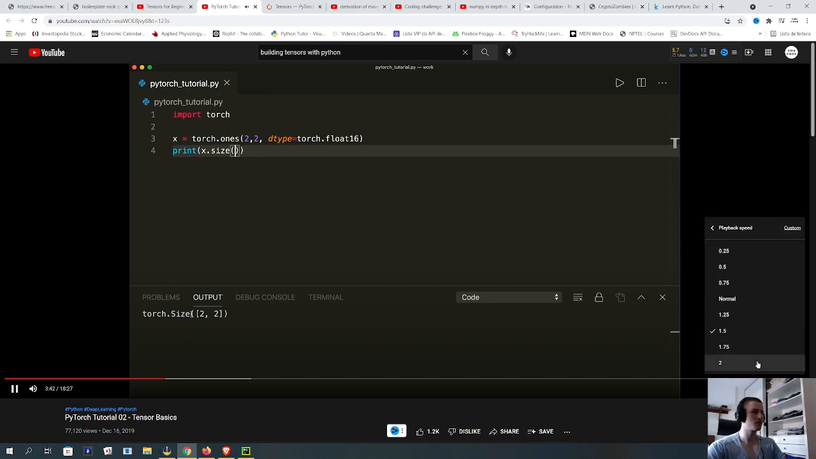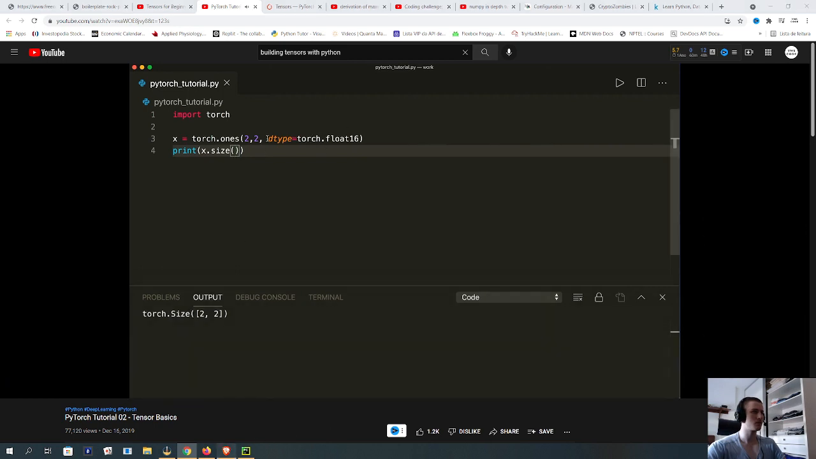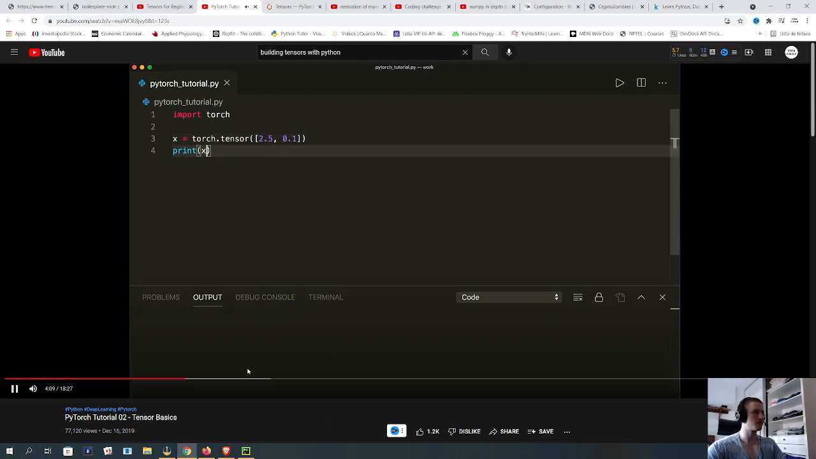And we can also construct a tensor from data, so for example from a Python list. So for example here we can say x equals torch.tensor, and then here we put a list with some elements, so let's say 2.5, 0.1, and then print our tensor. So this is also how we can create